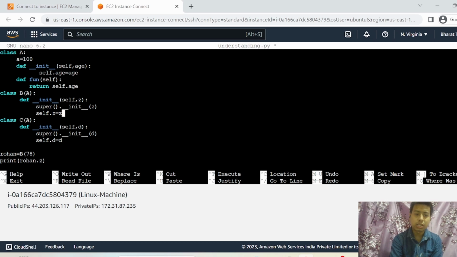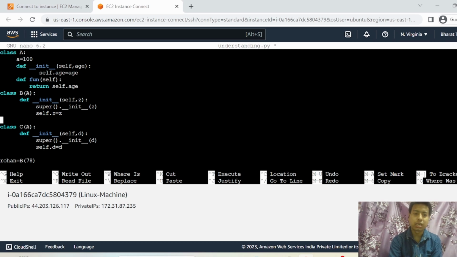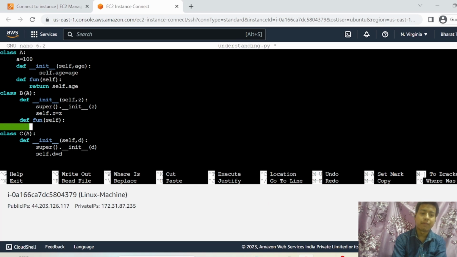Now here, in class B, we have the same function name, one, and it will also accept self. Self means the object, and using this object,